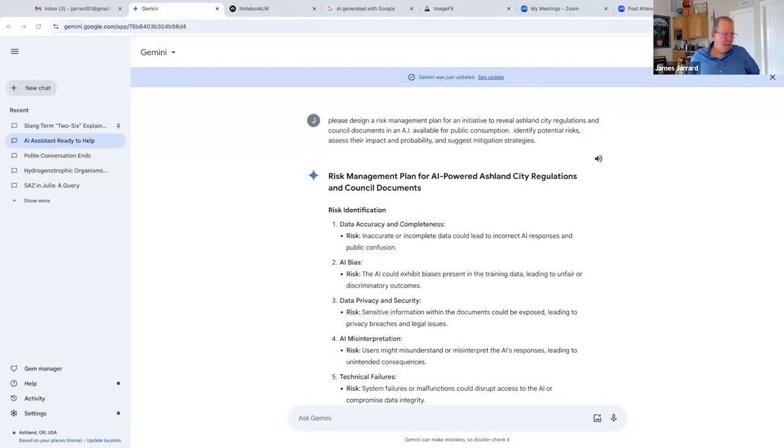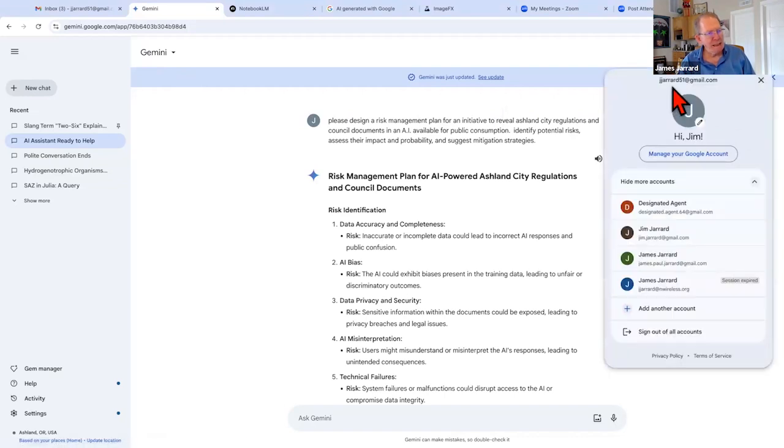But here is, it's going to get a little confusing, I'm sorry, but here is the Gemini screen here, gemini.google.com. And I've signed in as this ID. I have all these that I use.